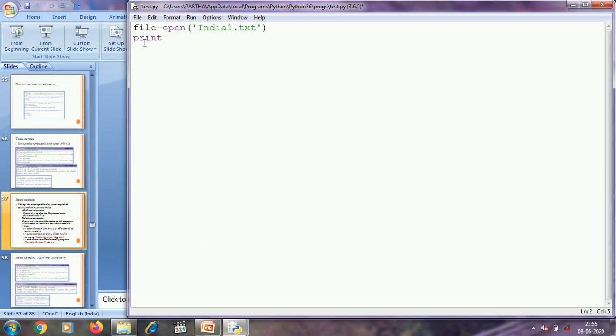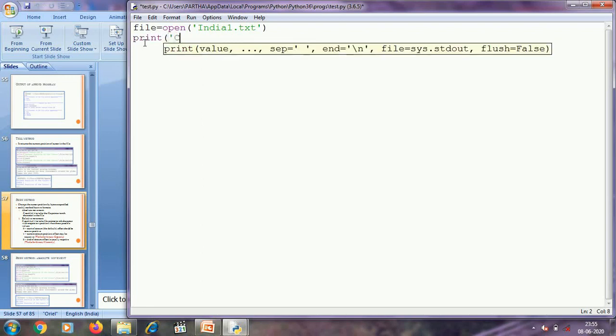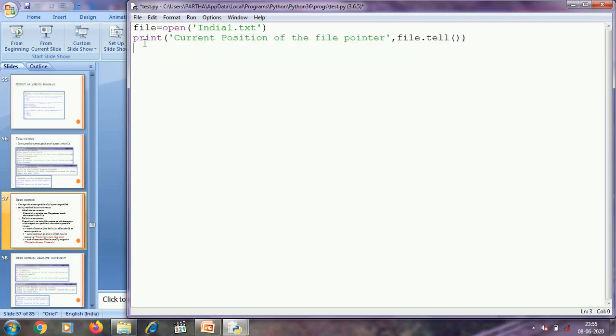Now I am going to print the current position of the file pointer using file.tell method. Tell method will return the current position of the file pointer.